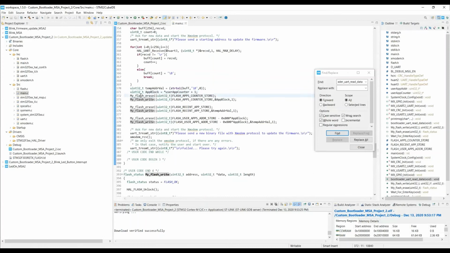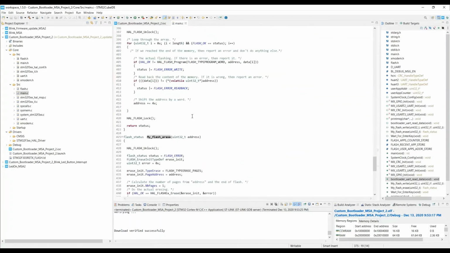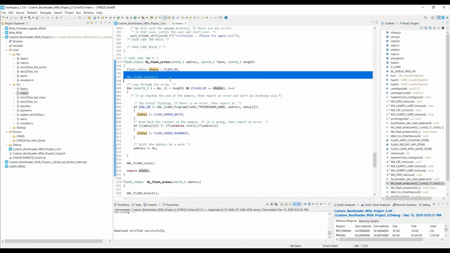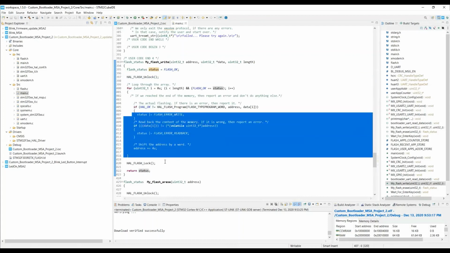Whenever you call this API, which I implemented as a wrapper function, it takes in the address, the data pointer, and the length, meaning how many data bytes you need to write into the flash. Internally it uses the flash program API to write into the flash. Whenever we are writing into the flash, we need to unlock the flash, do our operations, and lock the flash back again.